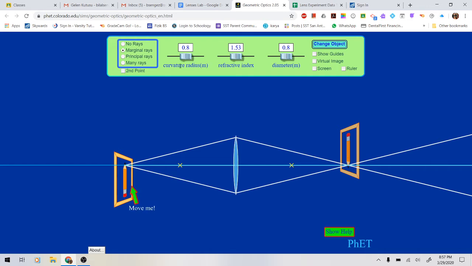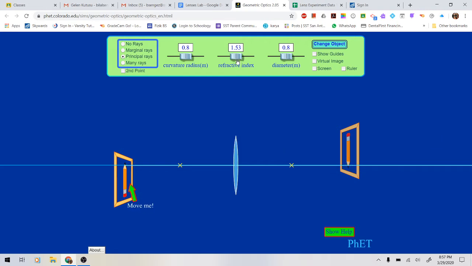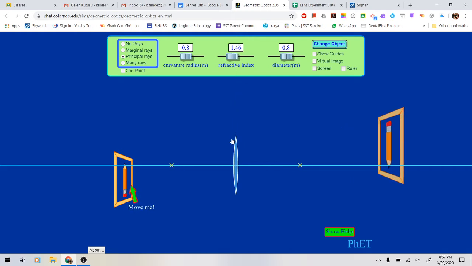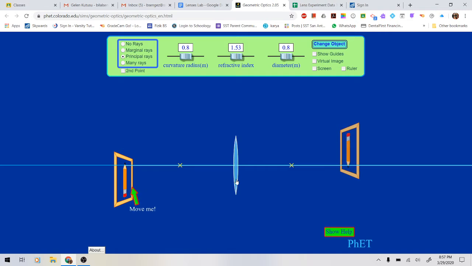So you're going to have curvature radius as 0.8, you're going to use principal rays, and then refractive index should be 1.55. If you are having difficulty, just go down, so it's going to be easier to make changes, because if you're too close, then a tiny bit of change is going to create huge changes, but if you go really far away from it, then you will be able to make more accurate or simple changes. Alright, so 1.55, there you go. And diameter is going to stay as 0.8,